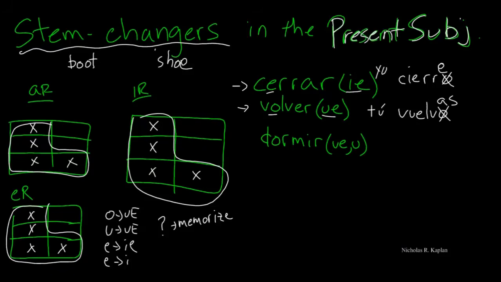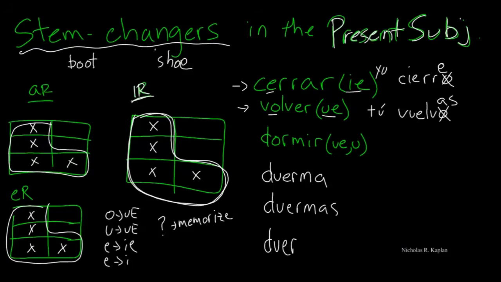Now, the only place that things are a little bit different are with IR stem changers. And with IR stem changers, not only do we have the boot, so let's go ahead and put this one into the present subjunctive. Oh, I put an extra N on there, sorry about that. So we have our boot here,